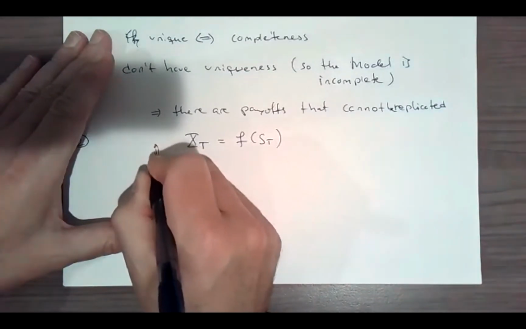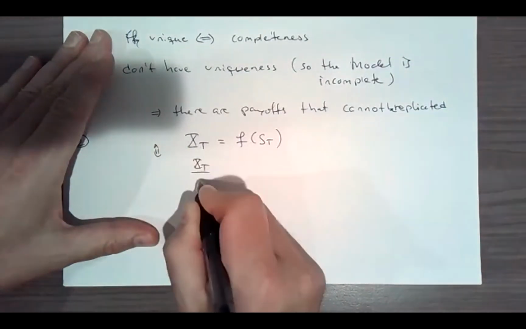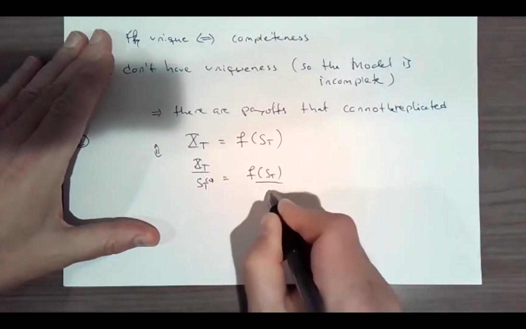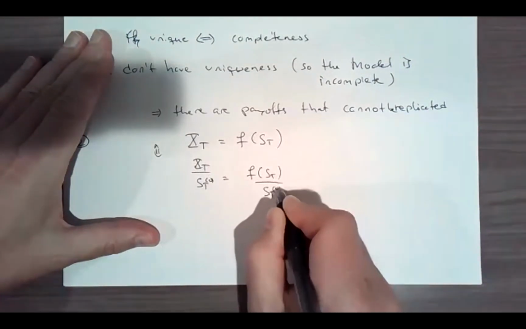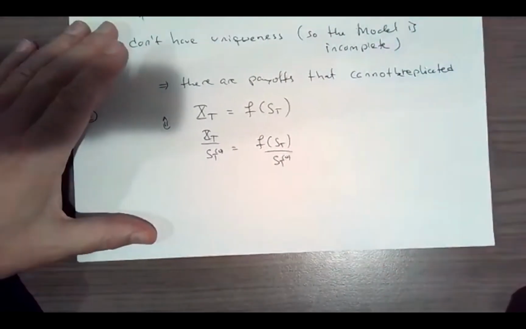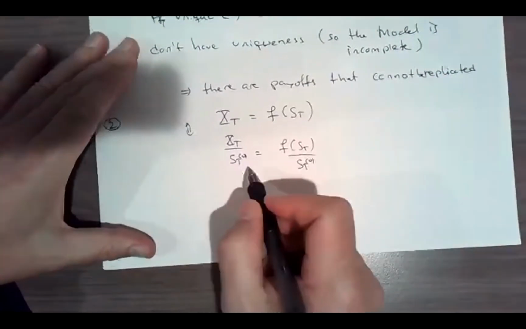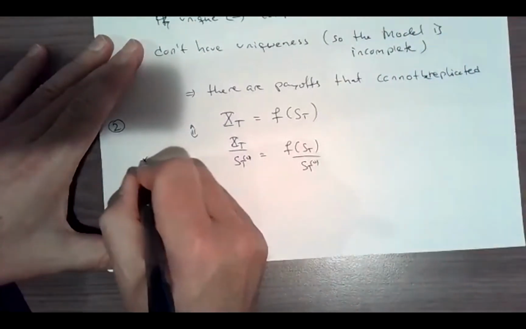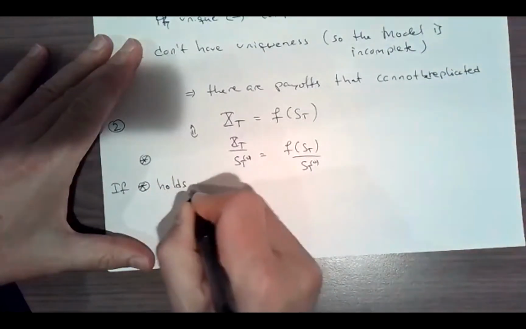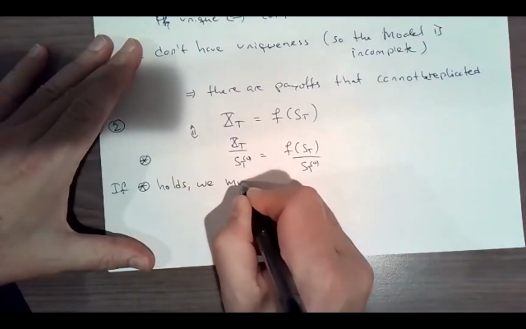This is the same as requiring that xt divided by the money market account is equal to f of st divided by the money market account. Right. So if this is true, so if star holds, we must have